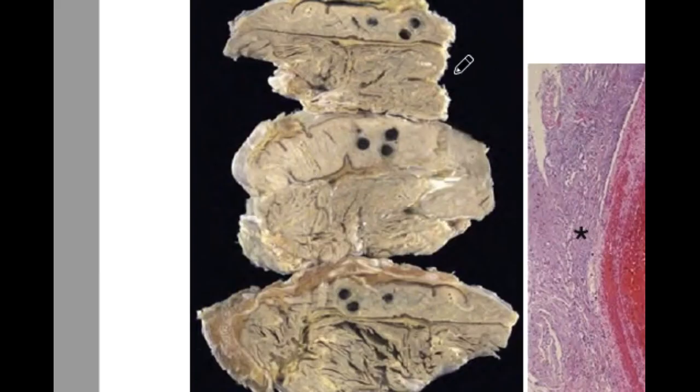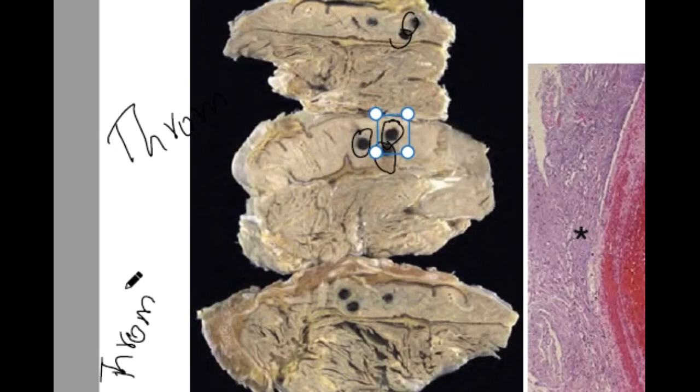Now this is the picture of a vein. Okay, and here you can see these dark blue color regions. These dark blue color regions are the thrombosis. If this thrombosis is seen in the vein, then we have a name for it which is called phlebothrombosis. If the thrombosis is present in the vein, then we call it phlebothrombosis. So we will see the microscopic structure of this phlebothrombosis.